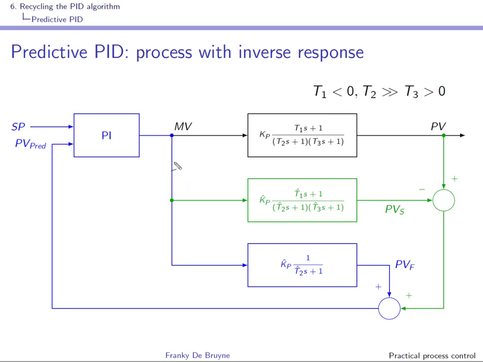So the fast model will be simply keeping the main time constant, and we throw out the slowness, and here we throw out the zero that is to the right of the imaginary axis. So our fast model will simply be this first order model, right? This one will be used to control the